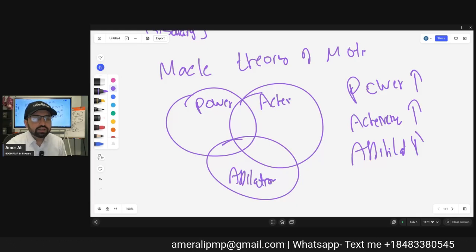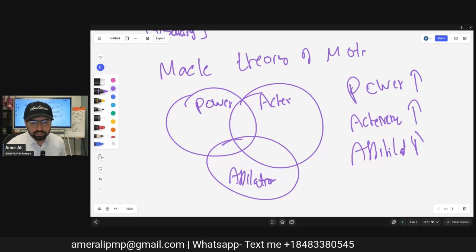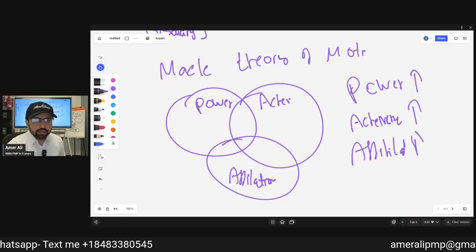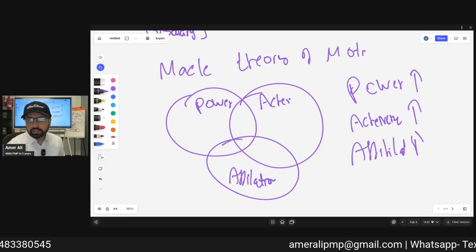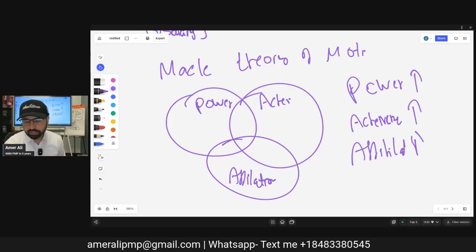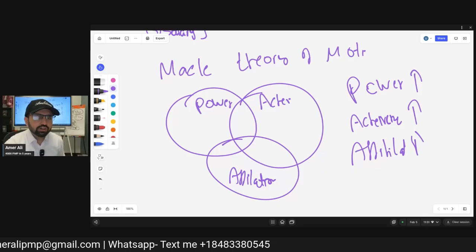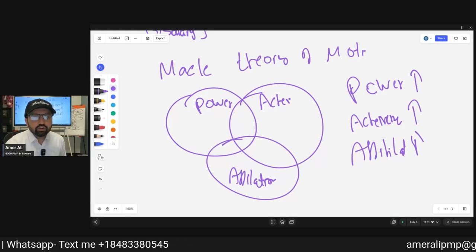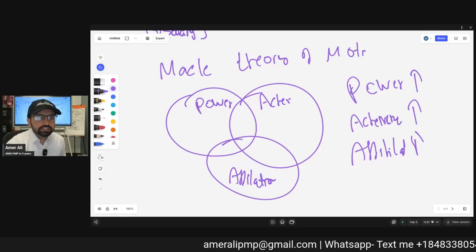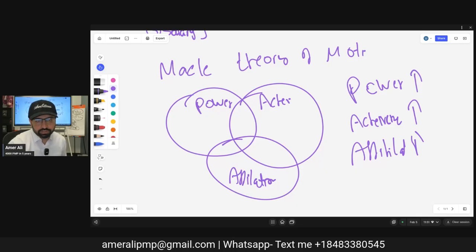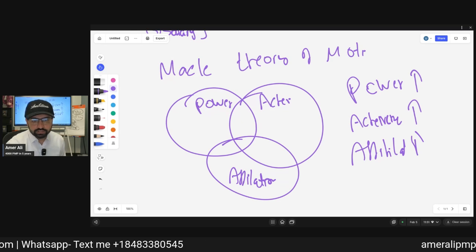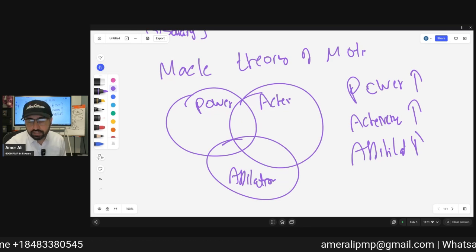There is one element that is always more dominant. I want to know which element you have dominant. For me, achievement is a very important thing. That's why right now we have 92 PMPs, I guess, and I always like to say that I have this many PMPs. Why? It is important for me. That's achievement for me.